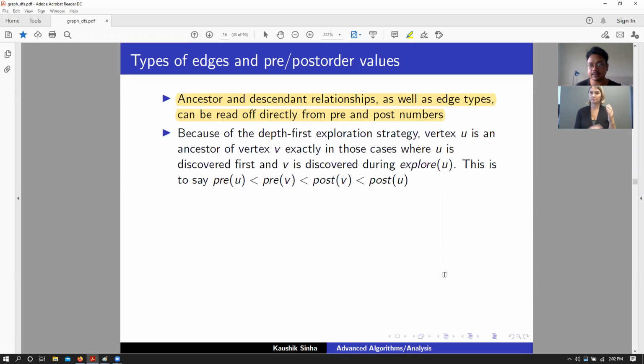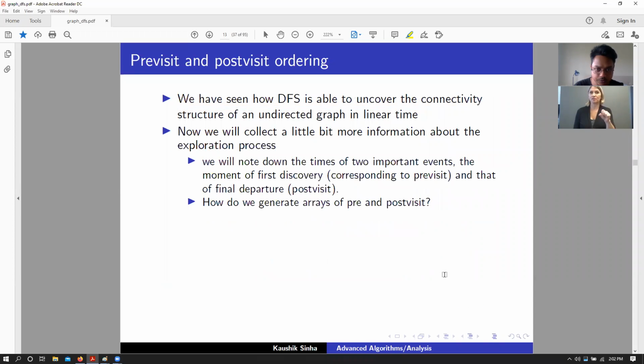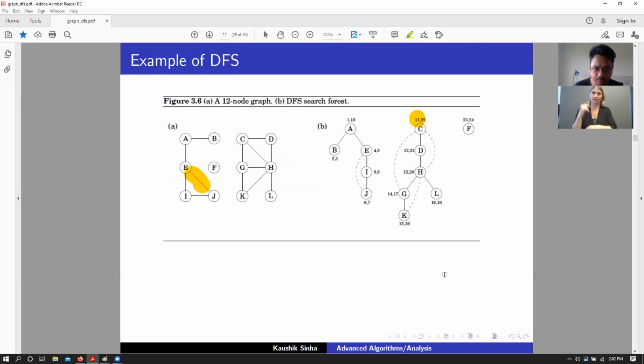Now when I say ancestors and descendants, we need to figure out, given a particular tree and a particular DFS search, which nodes are considered ancestors and which are considered descendants. Well, let's find an example. In this example, we have A as our root node, and from there we have B and D as child nodes. For example, I and J follow along as the child nodes for E and I as well, right?